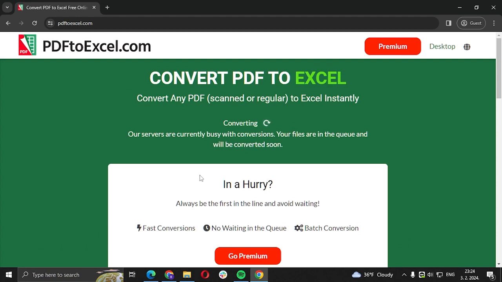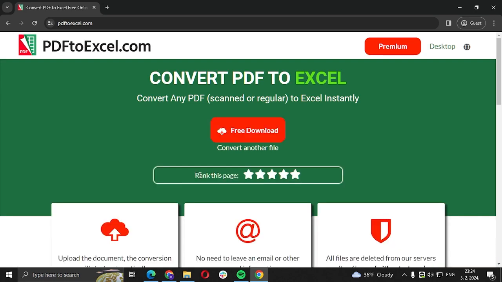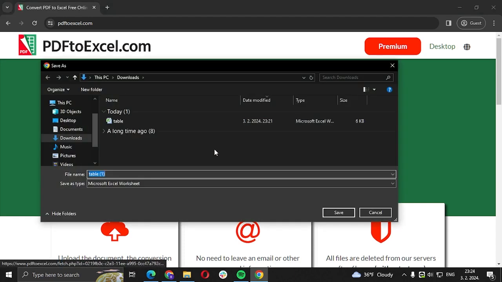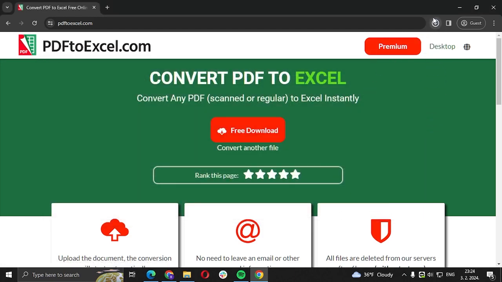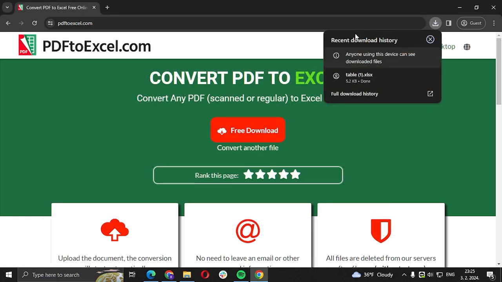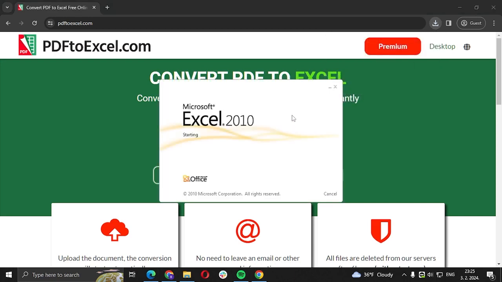So this is a convenient method. It's a very easy to use method, and I really like it. But the thing is, you can actually do it a few other ways, but it doesn't really matter. So what you're gonna do is just click save, and when it gets downloaded, you're gonna click on it,